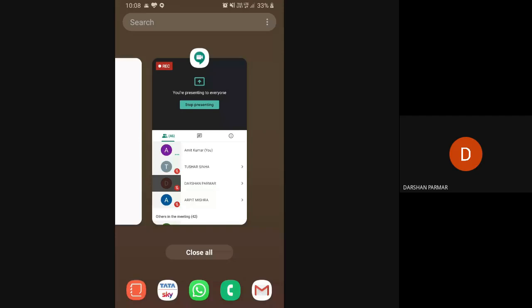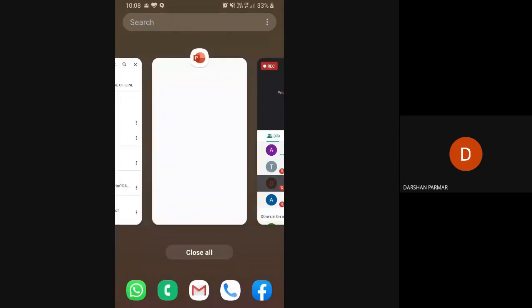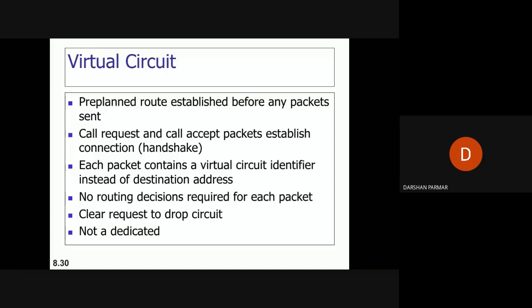Yes, Aditya, I will tell you. Just a minute. I will tell you later on what you need to do in experiment number 8, because right now there is a power cut and my laptop has been turned off. You can share your number with me, so I will call you and tell you what you need to do in that.